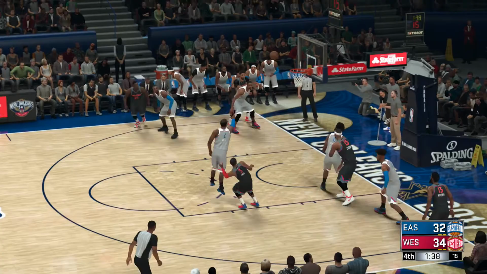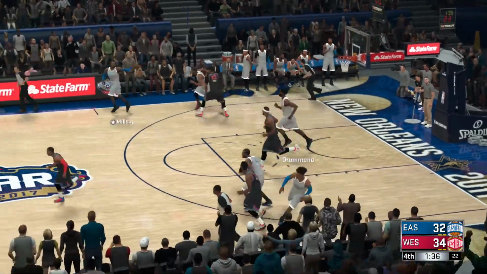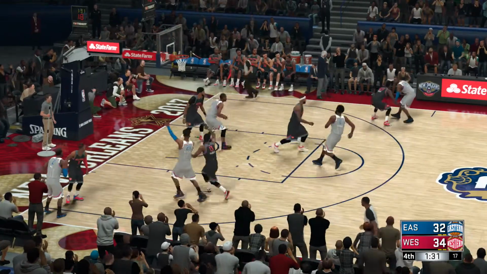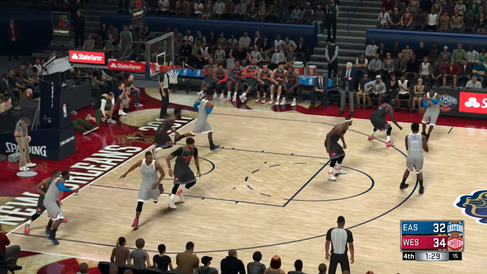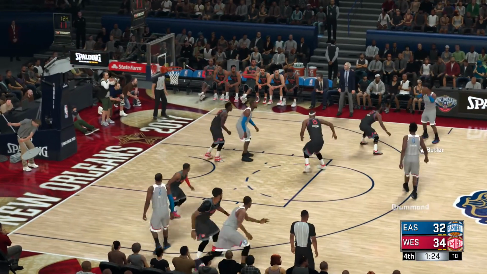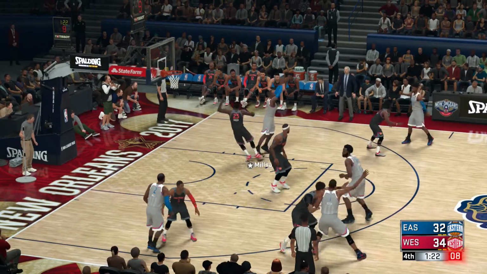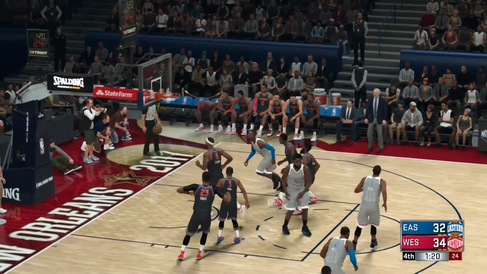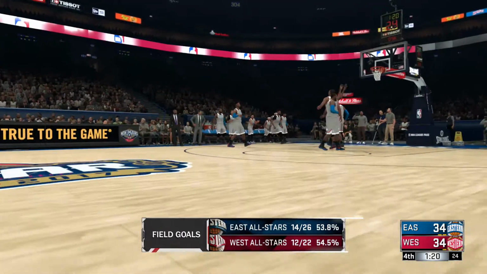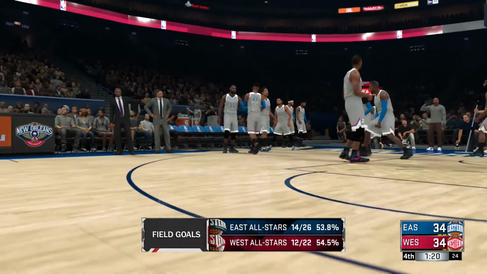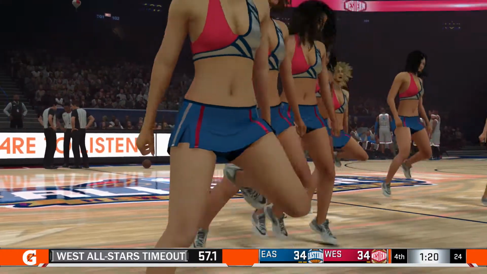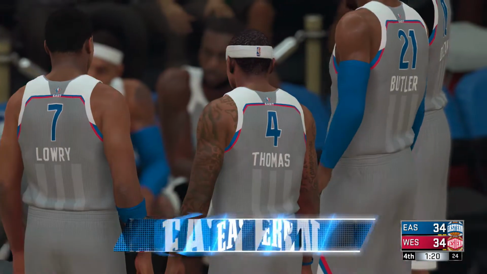A drive by Paul. That's short off the rim. Paul's gone 2 of 6 here tonight from the field. Outside Millsap. And Wall kicks to Drummond. Pass to Millsap. Over Green. And it's Millsap. That time on the assist by Butler. Millsap's got the game tied up here for the East All-Stars. Now a timeout called by the West All-Stars. The score knotted at 34. 1:19 left in the fourth quarter.